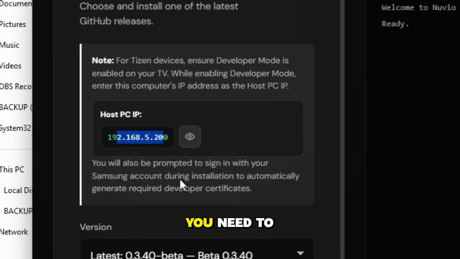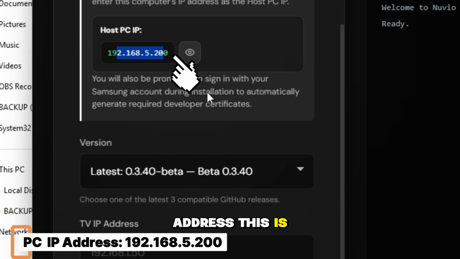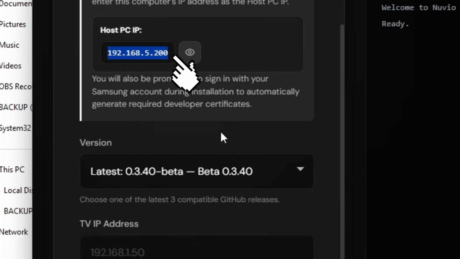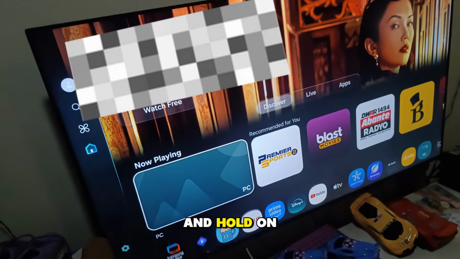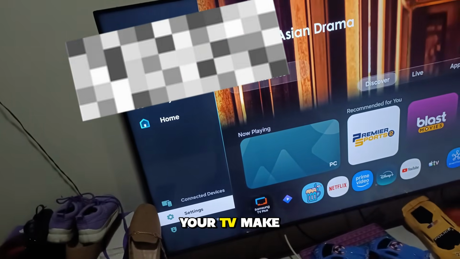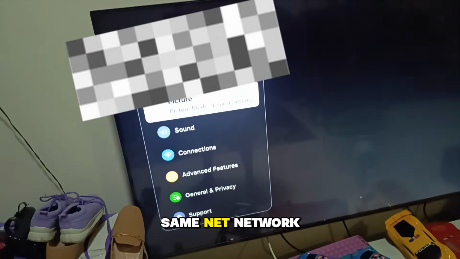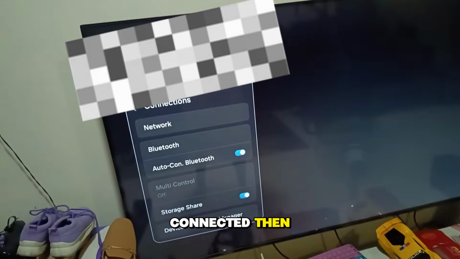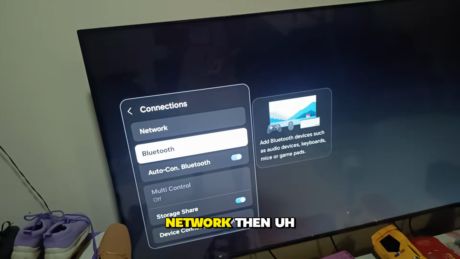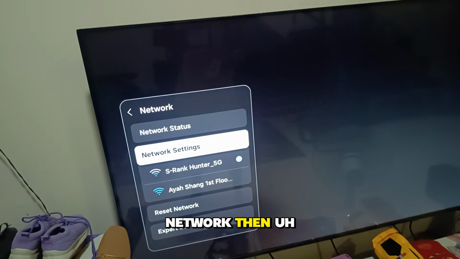So we need to remember this IP address. This is my PC IP address. And hold on and go to your TV. Make sure your TV and PC are connected to the same network. Then, okay, go to network. Then